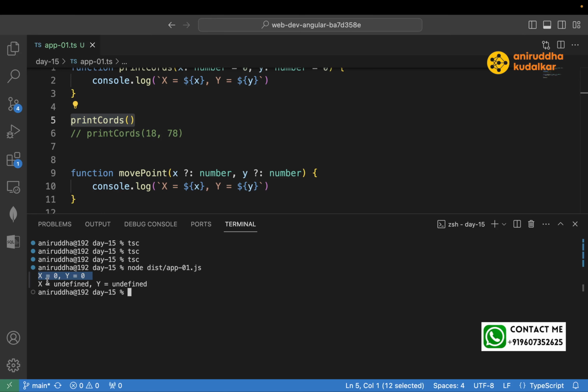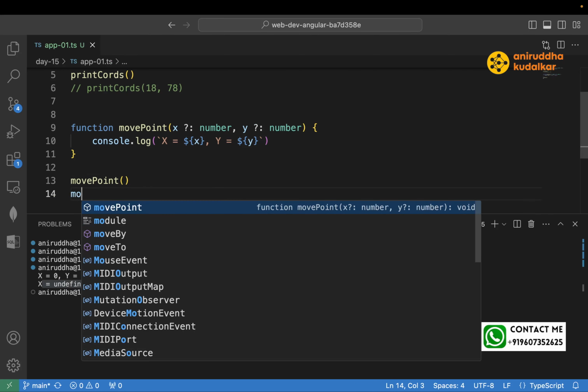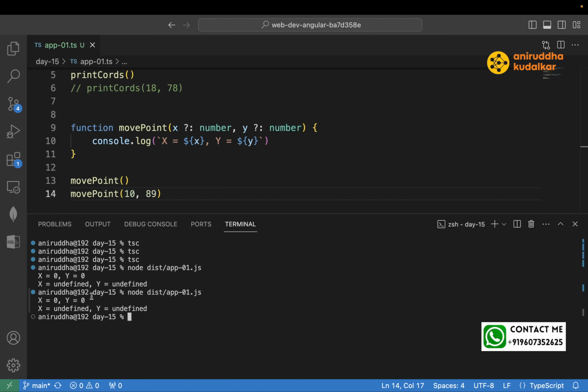And here I'm calling move point, it is working without parameters. I'm not setting this x and y inside this, right? But it is giving me undefined and undefined. But if I write a move point 10 20,